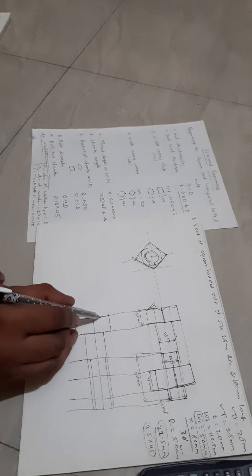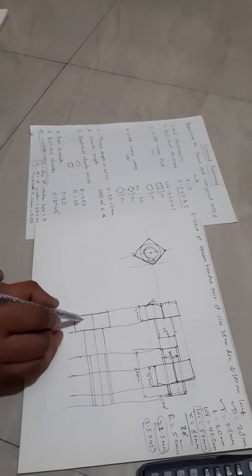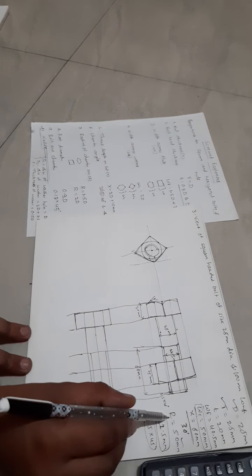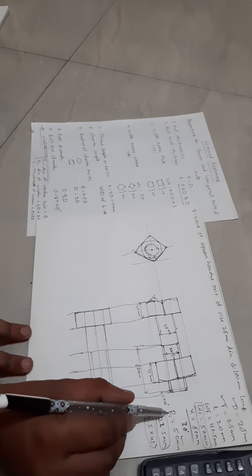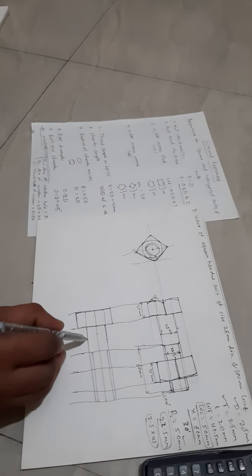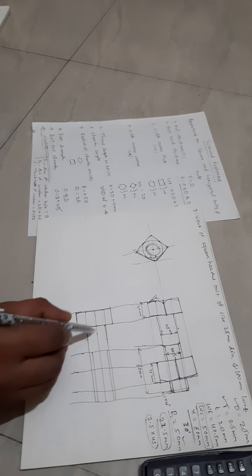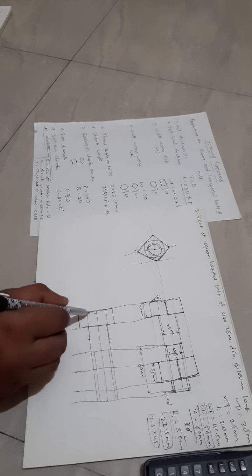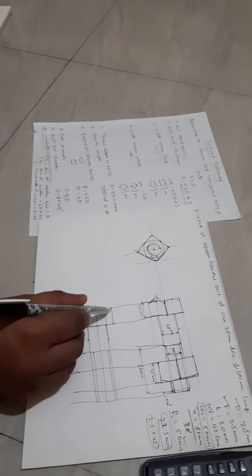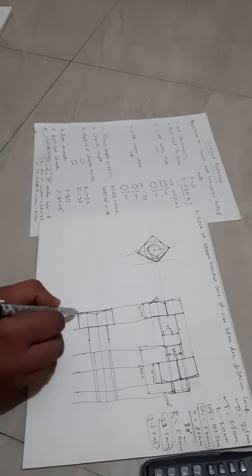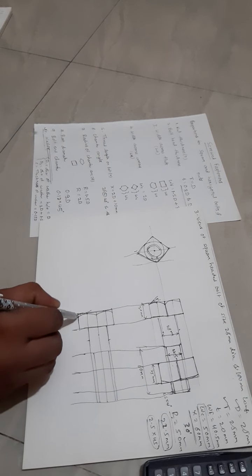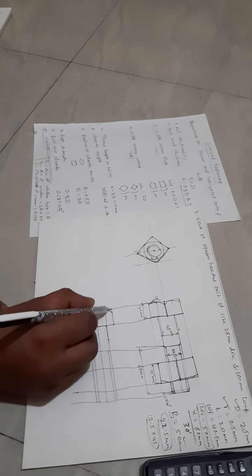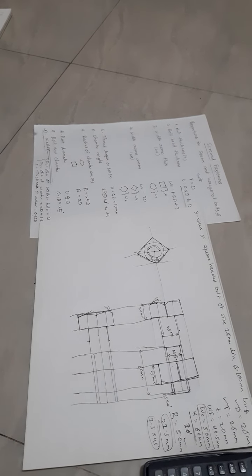Again, you have to take the midpoint here and midpoint here, draw the arc towards right side, and here we are having the radius of chamfer arc is 50 mm. From here we have to cut a 50 mm, from here also we have to cut a 50 mm. Take this point as center, draw one arc here, again take this point as center, draw one more arc and draw the 30 degree line here. Here also 30 degree line.